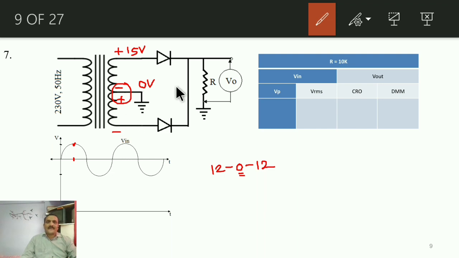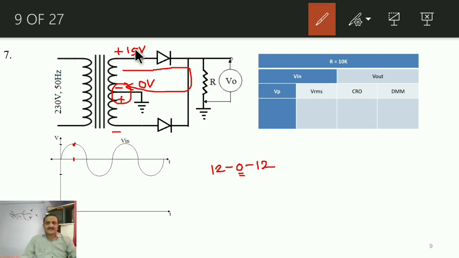Okay, now the first diode is connected across the first half of that secondary, so it will be going on to power the load. During the positive half, the diode will conduct, and current will flow through the load and to the ground, meaning to the center tap. Center tap is grounded. See here, these two terminals are at the same potential, right? So during the first positive half, diode D1 will conduct and current will flow through R like this. At the same time, diode D2, as it is in reverse bias condition, no current will flow through it.